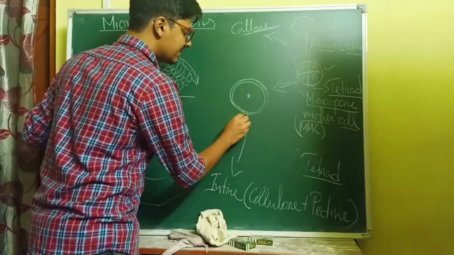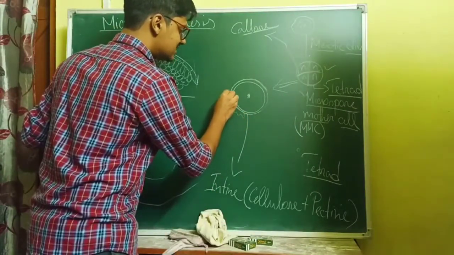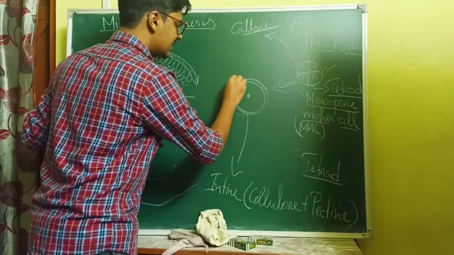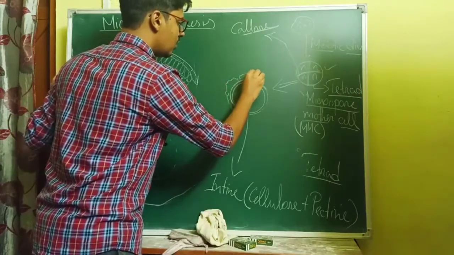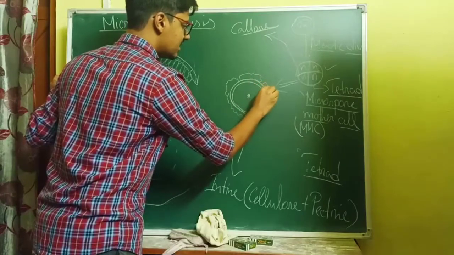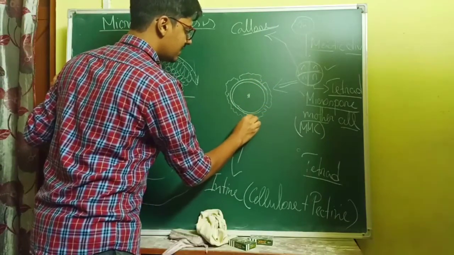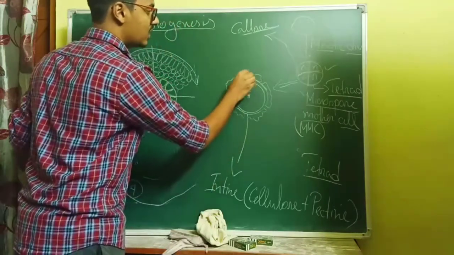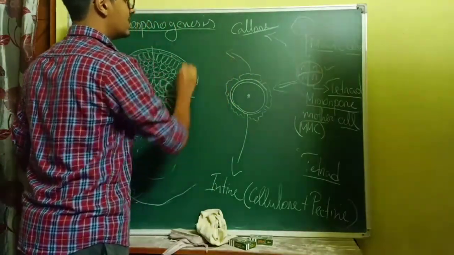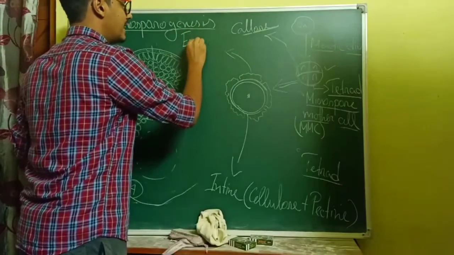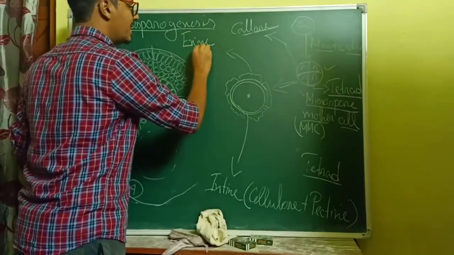Outside intine, there is another layer, and this layer is not uniform like pectin. This has some holes in it. This is a rough layer. This is not as uniform as intine. This outer layer is known as exine, and I already told you exine will be made up of